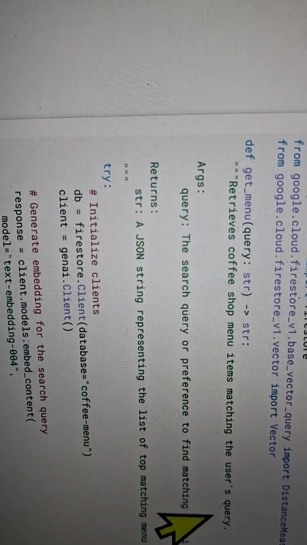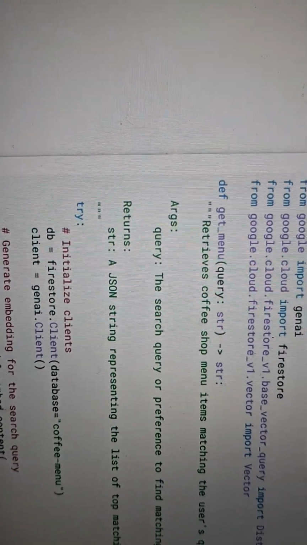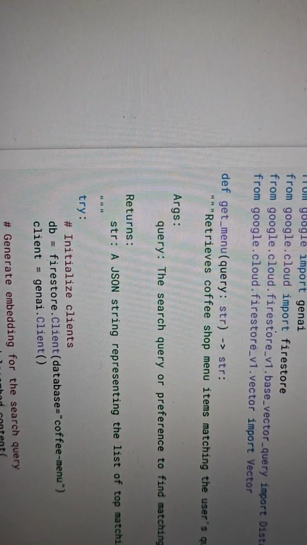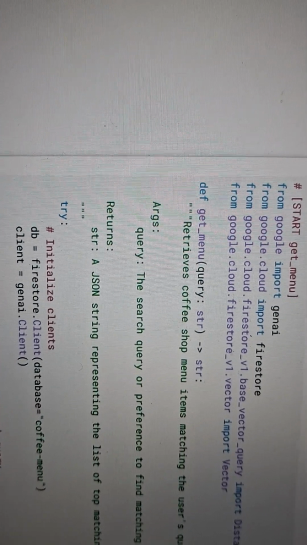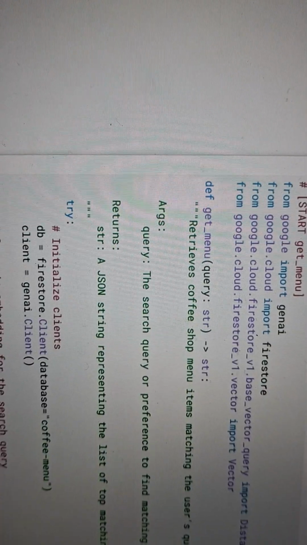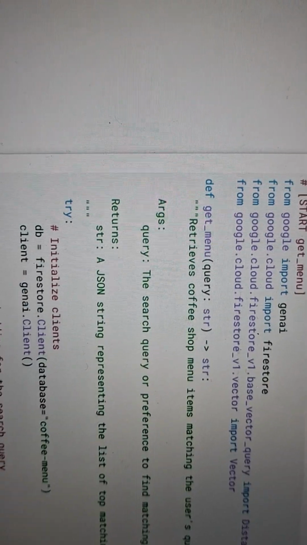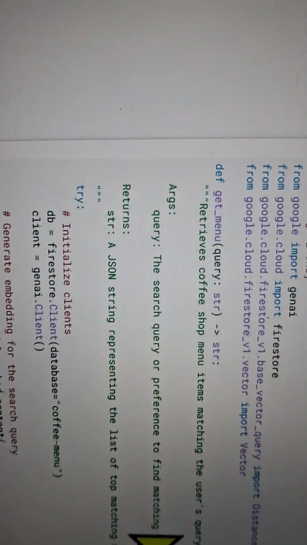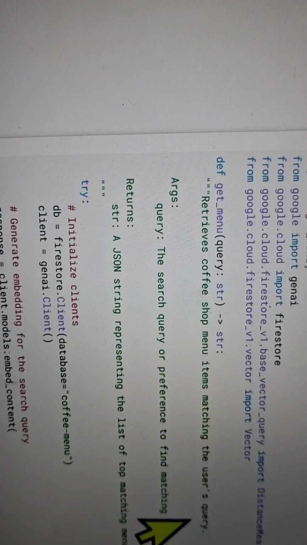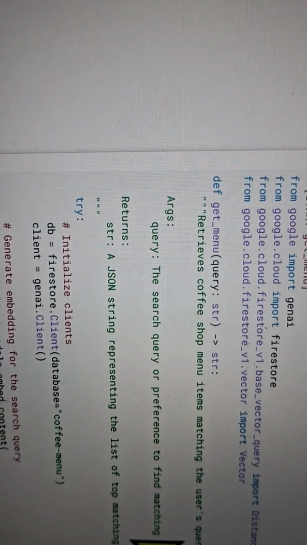Based on the user input, it has created the text embeddings, like one for latte, one for tokens, or basically you can say the tokens are being generated. So the specific token is going to perform the similarity search and it will match the token inside the menu item. So if the latte is matching with the latte asked by the user, or green matcha is matching, or solo espresso, or cappuccino, or frappuccino is matching, whatever is matching with the user input, it is going to extract that information as the embedding or the token from the menu, and then it is going to